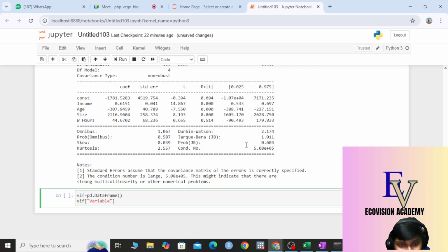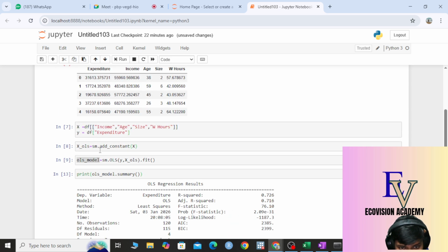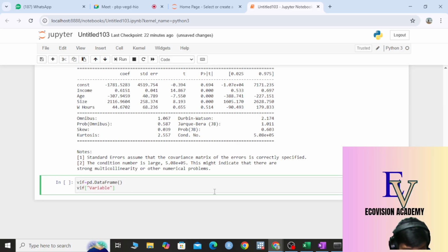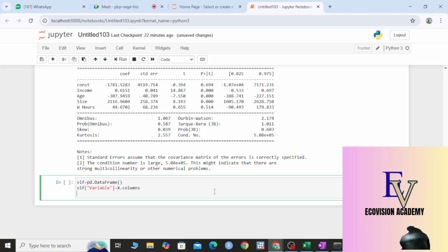I want to check VIF on the variables. On which columns? There are two, one is y and one is x. I want to check for x. Exactly. So I will write variables equals to x dot columns. And then I will again write VIF,